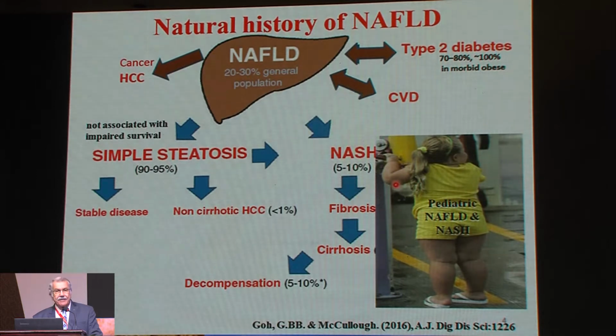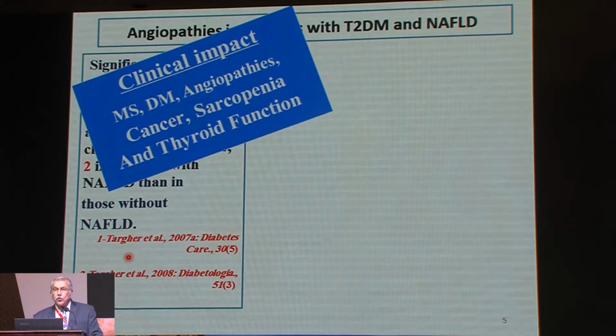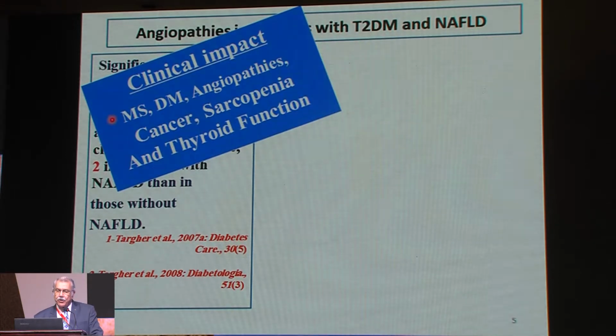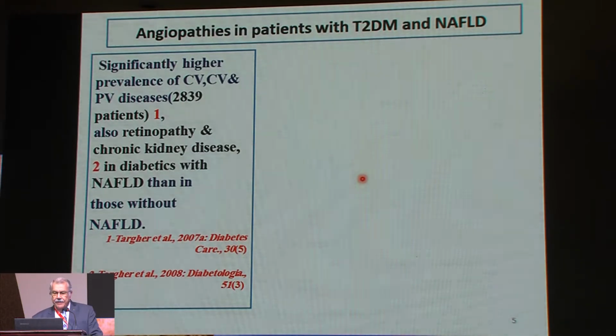Unfortunately, we have pediatric NAFLD NASH like in adults, so the obesity in our children is now documented to be a very dangerous situation. So we have a clinical impact, as we mentioned, for this NAFLD: the relation to metabolic syndrome, diabetes, and now we will see how it increases the angiogenesis, the cancer, sarcopenia, and the very recent, or re-highlighted, issue, the thyroid function. So in 2007 and 2008, Targher showed significantly higher prevalence of cardiovascular, cerebrovascular, and peripheral vascular disease,